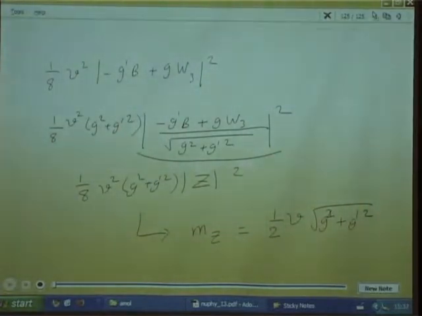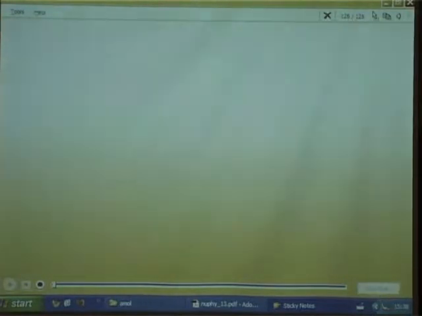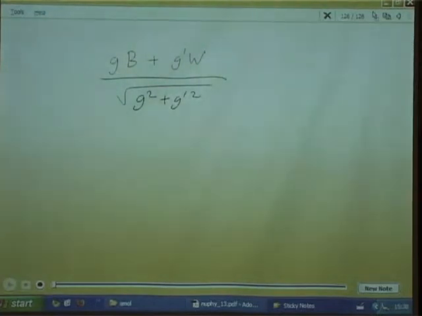This is like cos theta sin theta. So what would be the orthogonal combination? I will have G times B plus G prime times W3. So what about this combination? G times B plus G prime times W3, this is the left over part. Okay. However,